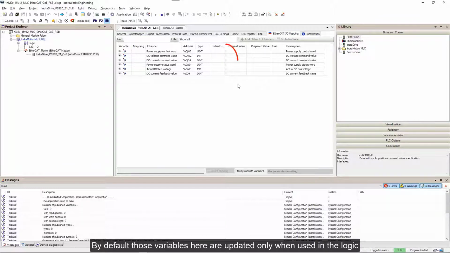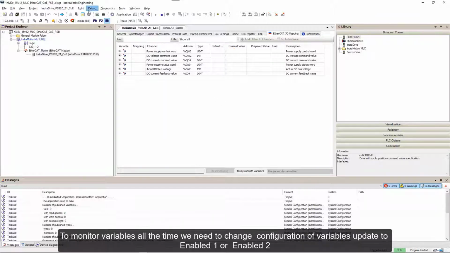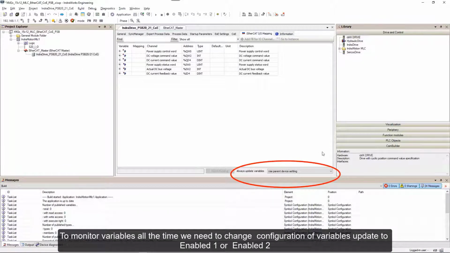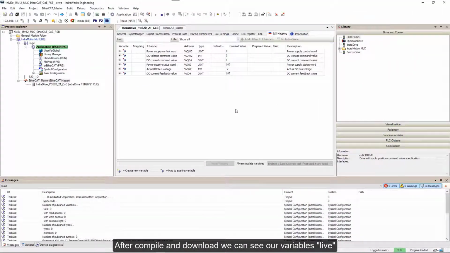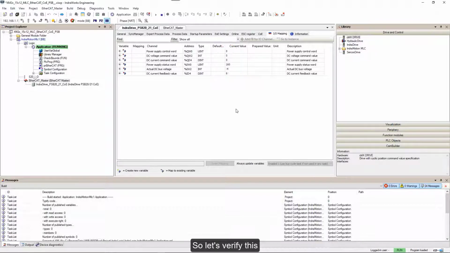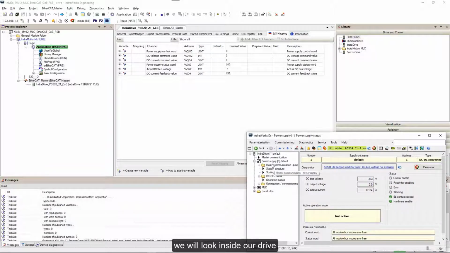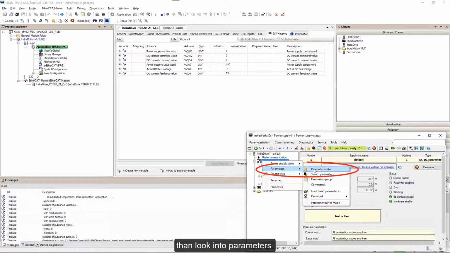By default, those variables are updated only when used in logic. To monitor variables all the time, we need to change the configuration of variable update to enabled 1 or enabled 2. After compile and download, we can see our variables live. So let's verify this. We'll look inside our drive, then look into parameters,